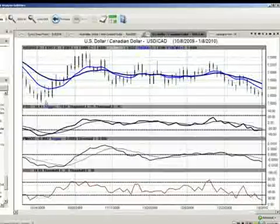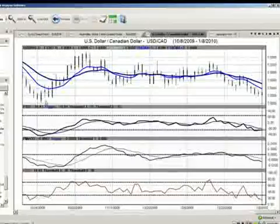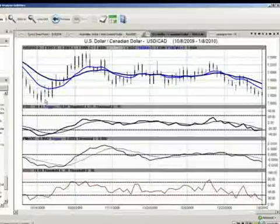Also important to point out that the Canadian dollar had a very, very weak job report, much like the U.S. Now, if we take into consideration the weak jobs report from Canada, and the potential for falling crude oil prices or a retracement in crude oil prices, whichever way you want to look at it, that would suggest there's a good buying opportunity on U.S. Canada between